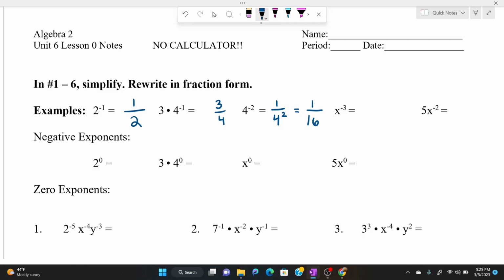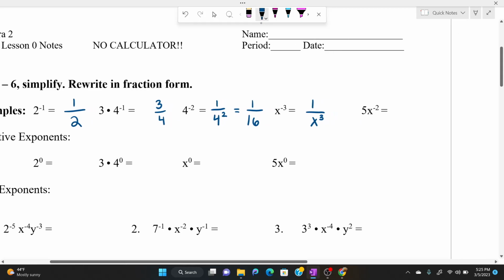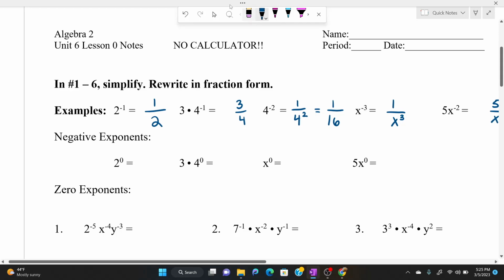Do the same thing. I rewrite this as a positive exponent by putting it in the denominator and making it positive. Last one, it's going to be 5 times 1 over x squared. 5 times 1 is 5, so I will put that as basically 5 over x squared. Make that look a little bit better. And now we will move on to,